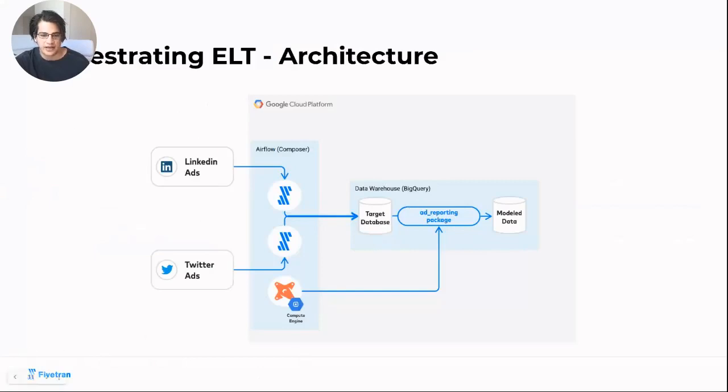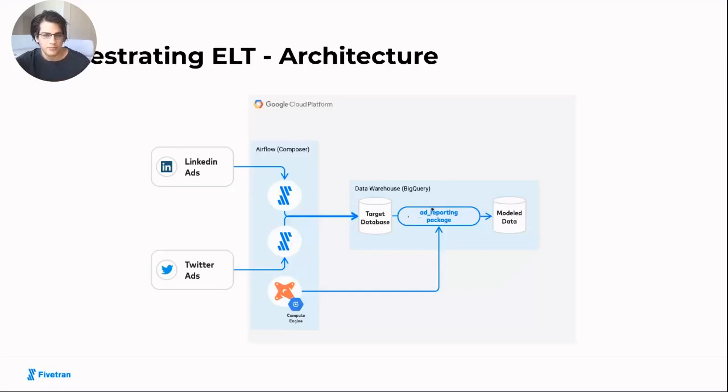Here's what's going to be happening in the demonstration. I'm going to be bringing in data from two different sources via two connectors through Fivetran and into a data warehouse. As soon as the data arrives in the warehouse via Fivetran, it's transformed by Fivetran's DBT ad reporting package, which you can find, and I'll show later, at